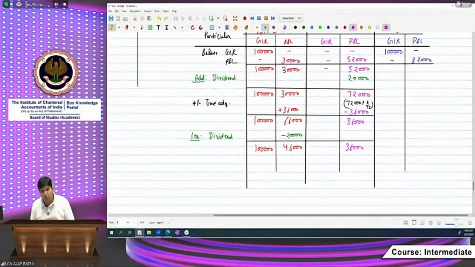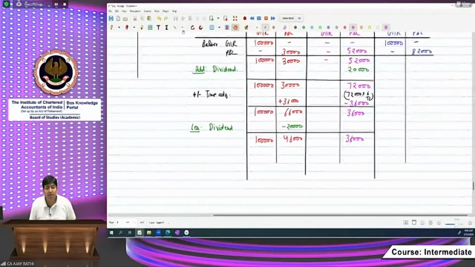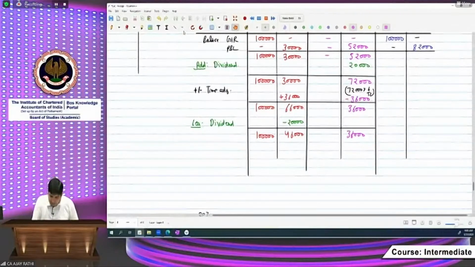Yes beta, because that has been reduced in the post. Okay Krishnan? Yes beta Abdul, that should be, because while we will be consolidating, general reserve will be added with general reserve, P&L will be added with P&L. Okay beta, now there are two parts. Now before that, one more thing is there beta,